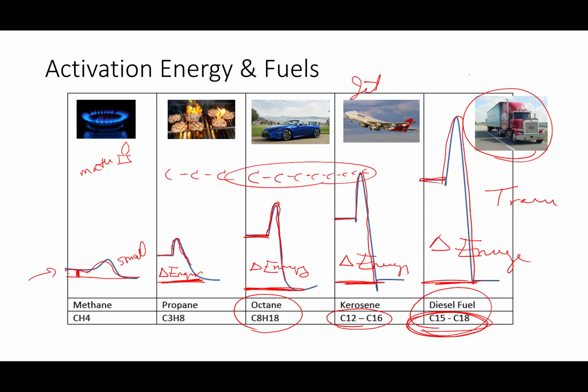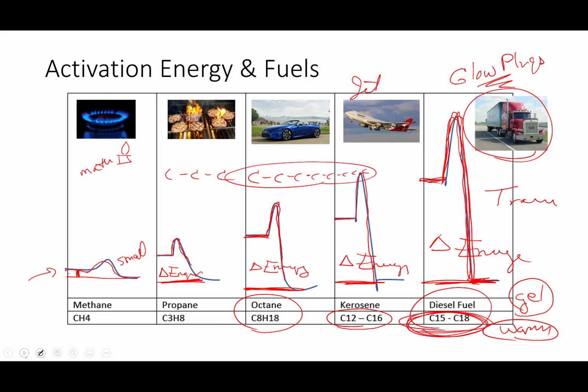How do you know this? Well, have you ever heard of glow plugs? When truckers in the wintertime go into diners, they do not turn their trucks off. Why? Because these molecules are so long that they are going to gel up and they are going to get goopy. And you cannot put goop through a diesel engine. They have such a huge activation energy hill that they have to keep this fuel warm and viscous so it will flow, and they have to hit it really hard. And that's one of the reasons why diesel engines are very expensive. The compression, everything inside of those engines has to be larger and more beefy